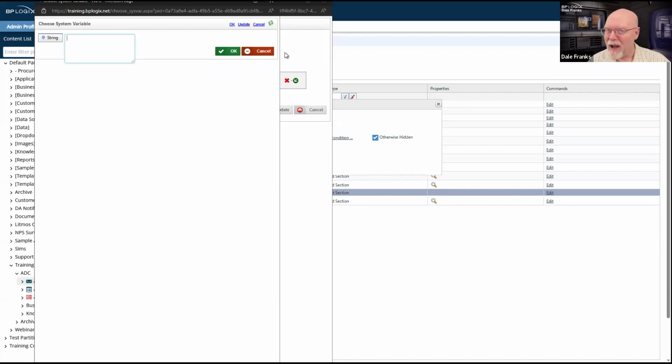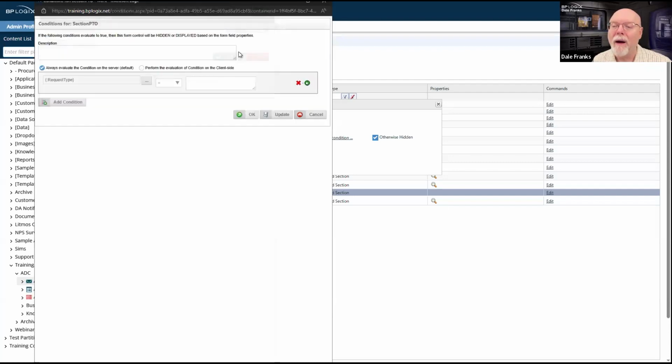Again, this is an email template. Doesn't have a direct connection to the form or to the process timeline. However, I can use system variables because as long as this form field system variable exists, which is request type, I can use that system variable form field for request type.